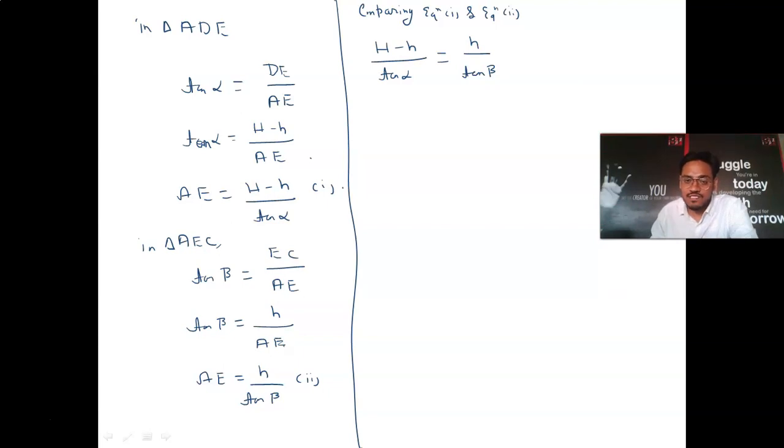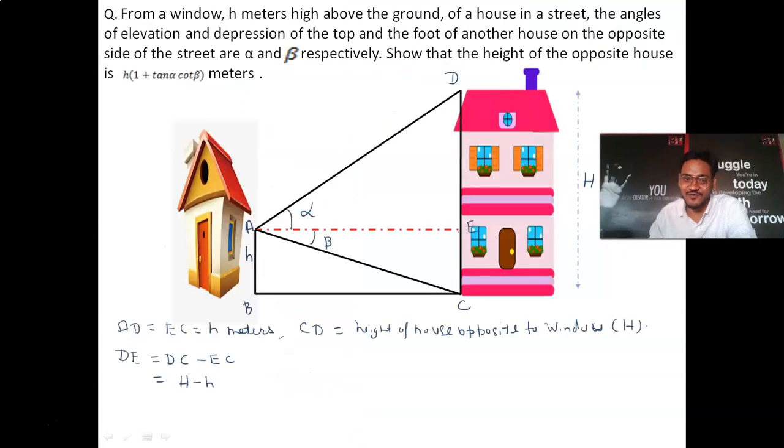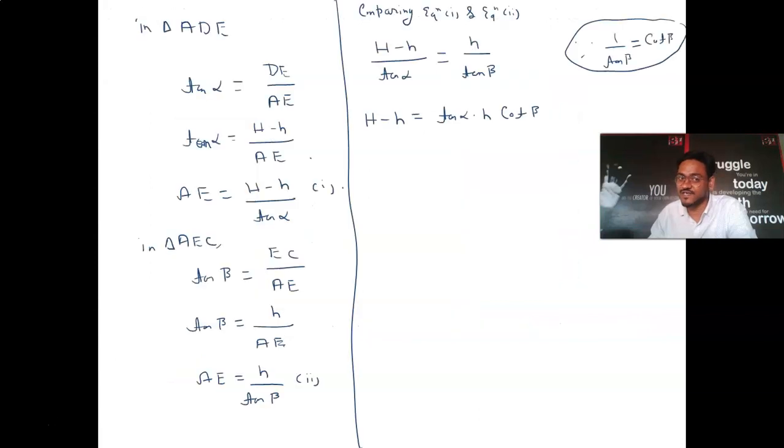Now see, we have to simplify this expression for capital H and we have to prove the result. From here if I just cross multiply tan alpha to the right hand side, it will become tan alpha into h, and in the denominator it is tan beta. Can it be written as cot beta in the numerator? Because I know 1 upon tan beta is cot beta. Why am I writing cot beta? Because I already checked the proof, what I wanted to prove. In the expression I want cot beta, so I write it in this way.